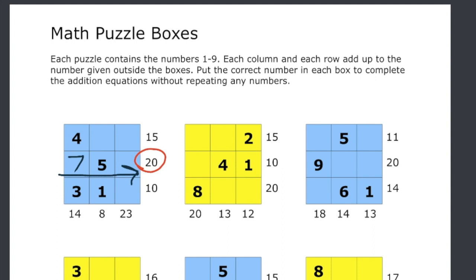All right, so we have the number 7 plus 5. Now you can't say 7 plus 5 equals 20 because it doesn't. Remember, we're trying to figure out this missing number so that all 3 of them can equal 20. So what is 7 plus 5? You should have figured out that 7 plus 5 is 12. Right, so now that we know that 7 plus 5 is 12,